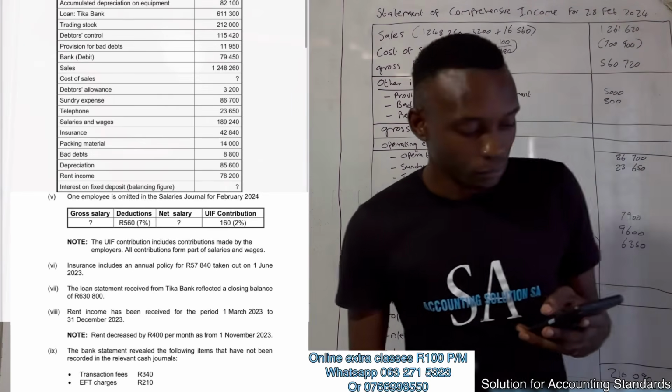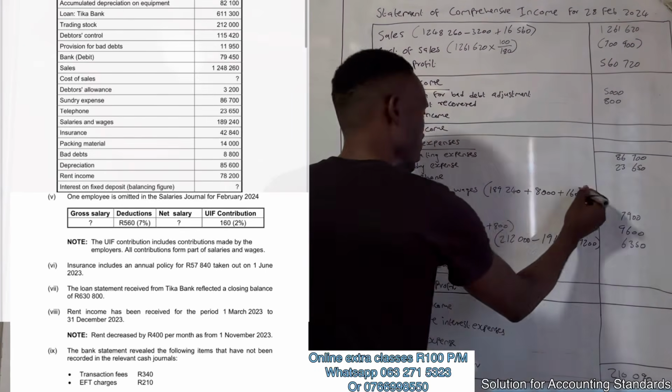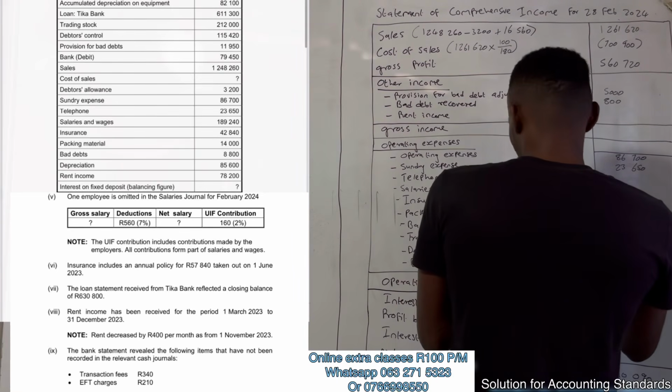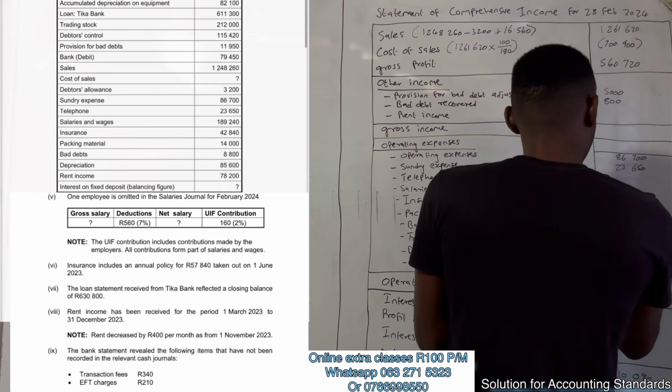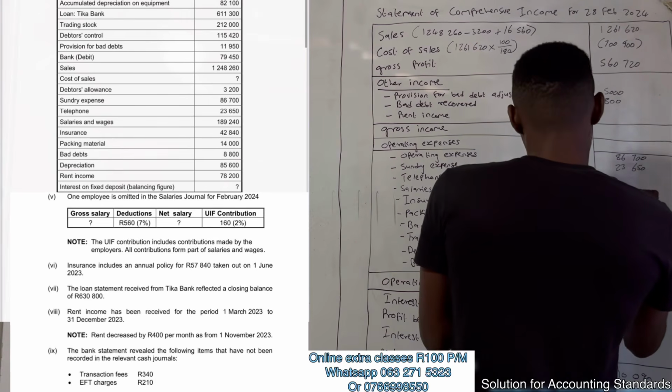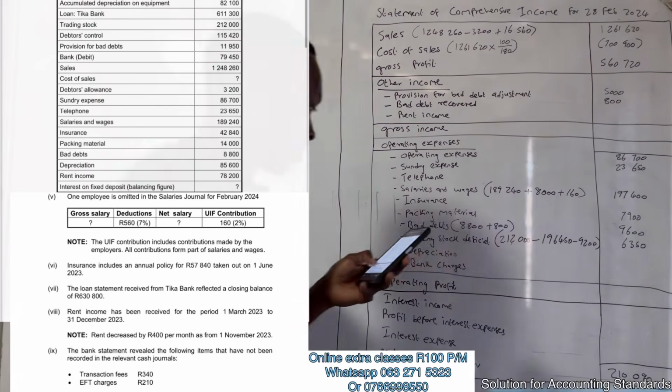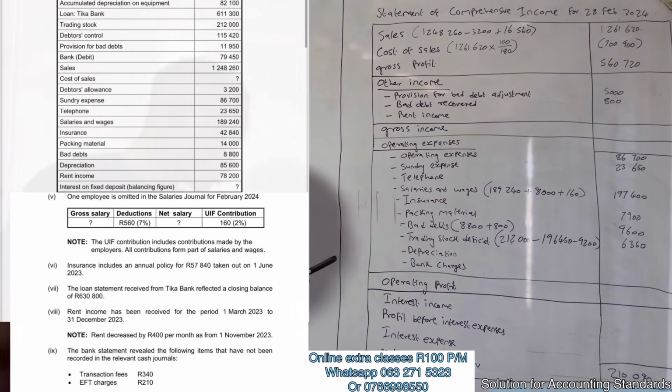Okay, then because we are done here, we must calculate the total. What is the total for salaries and wages? 197,400. Okay, next one. The next one,